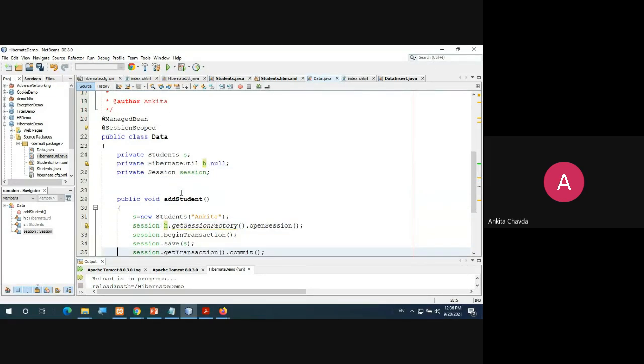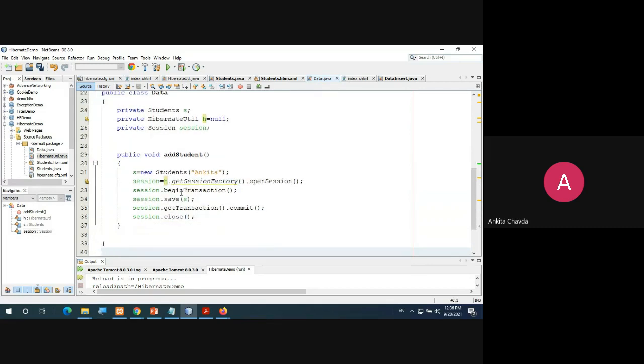Now you will create one method because I want to insert the data into the database. So I'll write public void addStudent. This is the method I'm creating. In that I'm doing s equals new Students and I'll pass the data. So this data should be inserted.